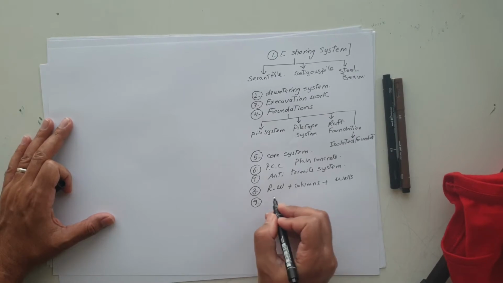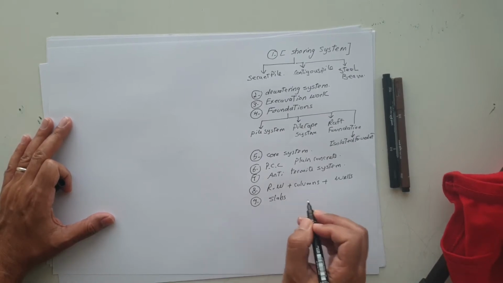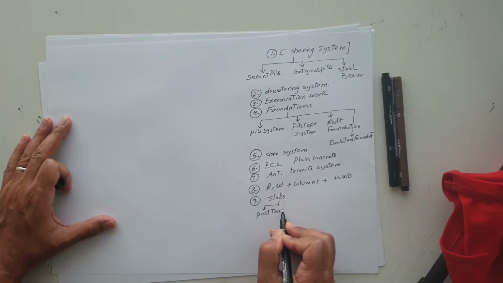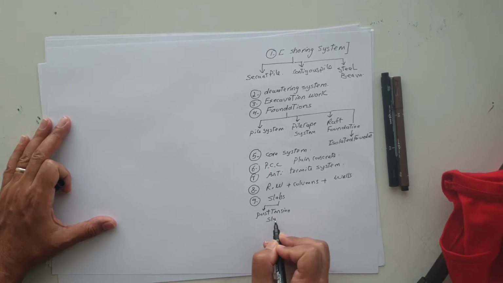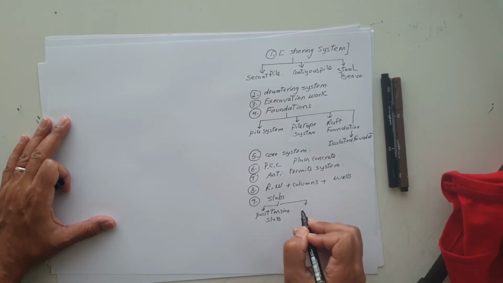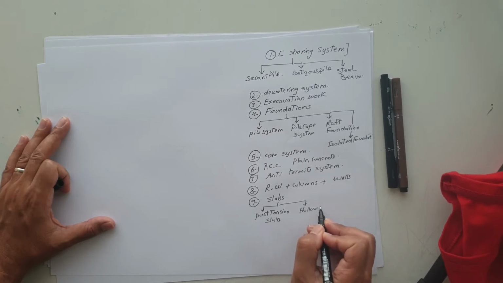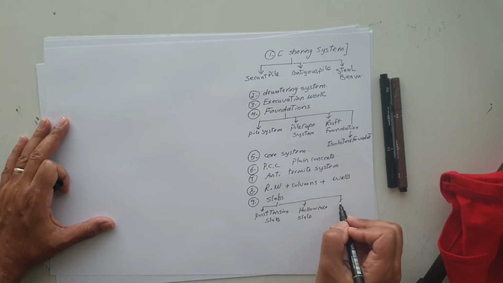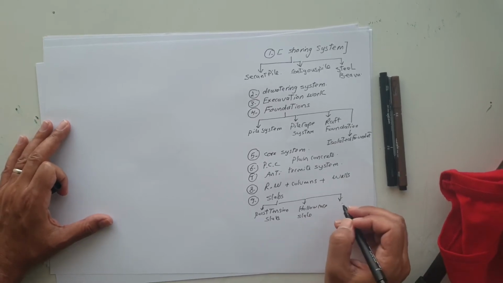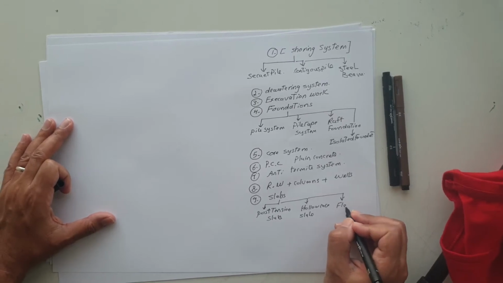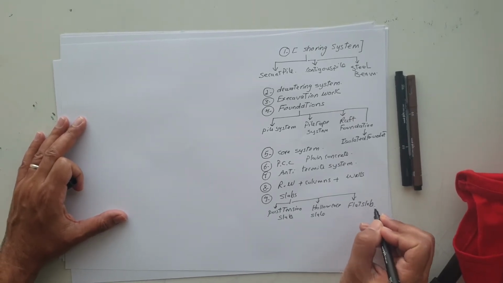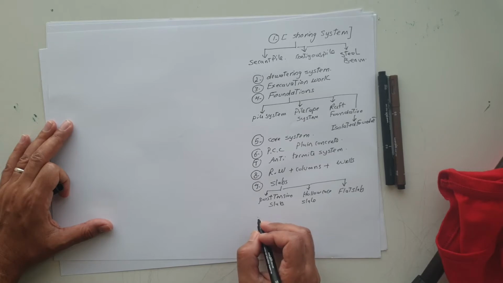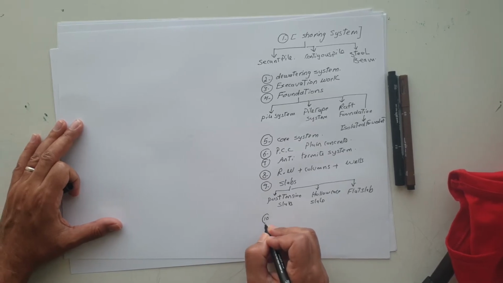Then we'll start to talk about slab. In the slab we'll talk about post tension slab, hollow core system, hollow core slab, and flat slab. Then we are going to talk about the roof,